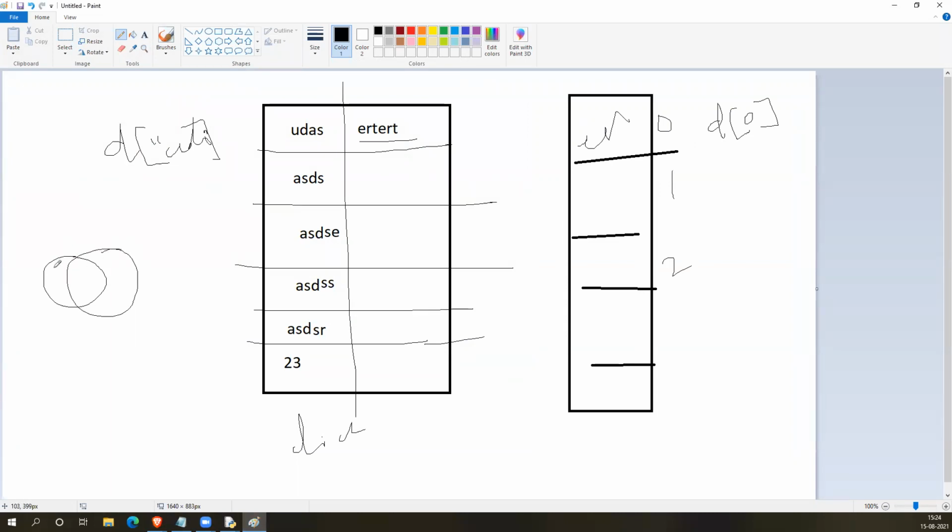Union will give all these items, and intersection will be this part. Difference will be this part, A minus B. If I do B minus A, you will get this part. The intersection part will be removed. So all this can be done in sets.